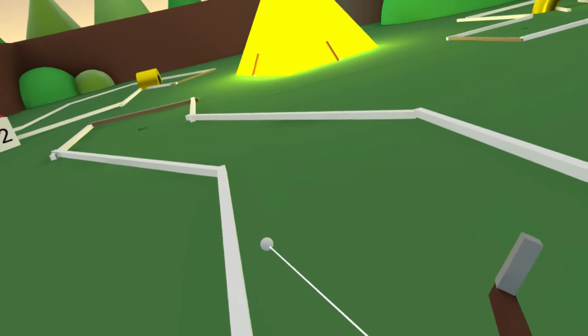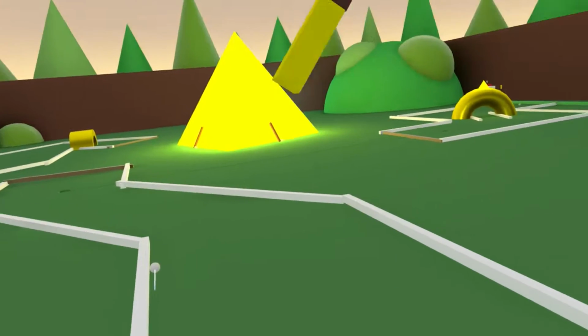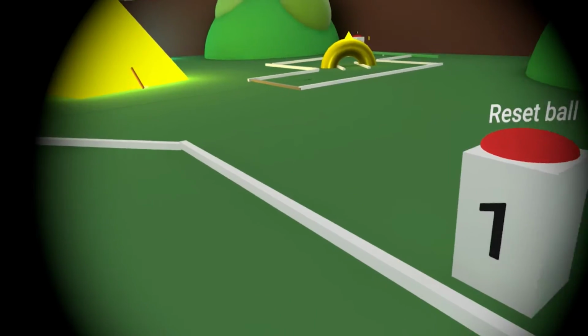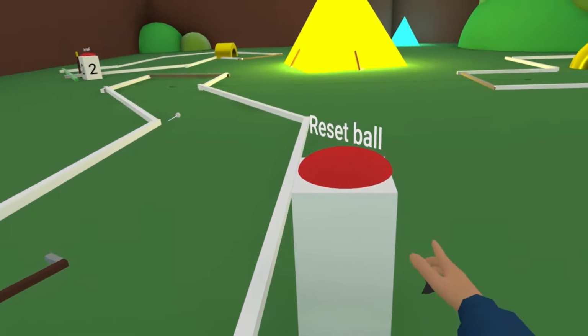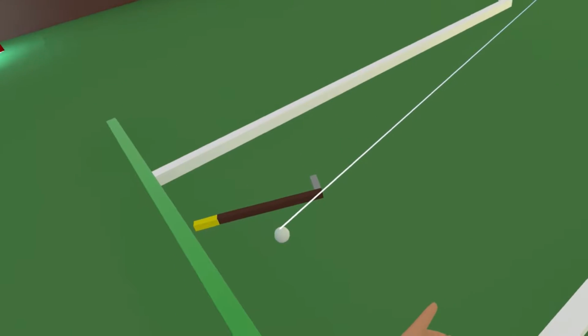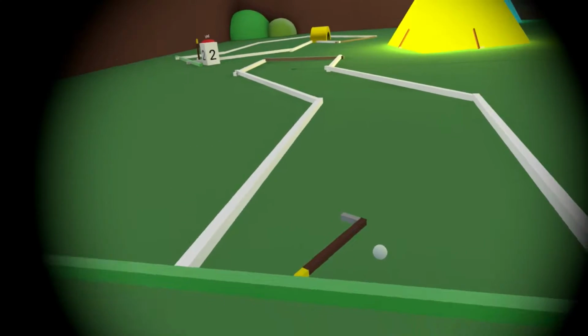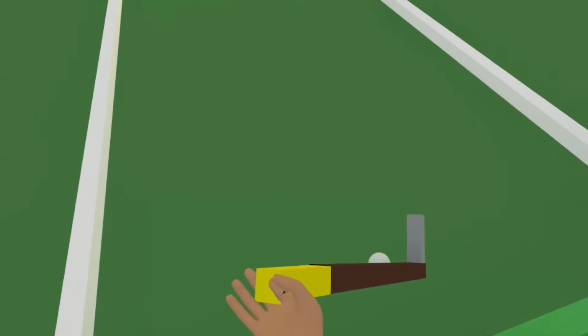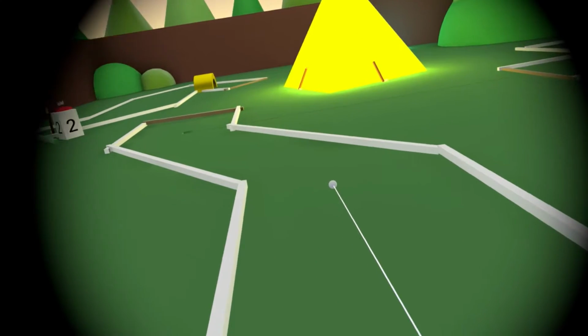And if you don't hit the ground, you can hit the ball. Throw that around. And then there's a switch here that lets you reset the ball. So as you can see, if I push that, the ball goes back to its home position. And if I hit the ball into the hole,